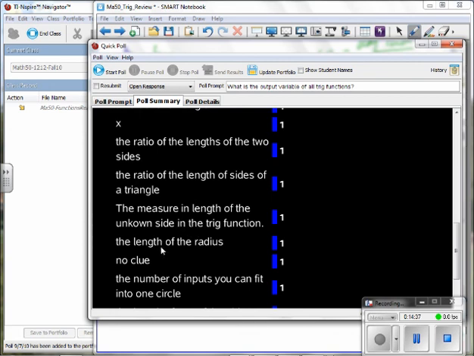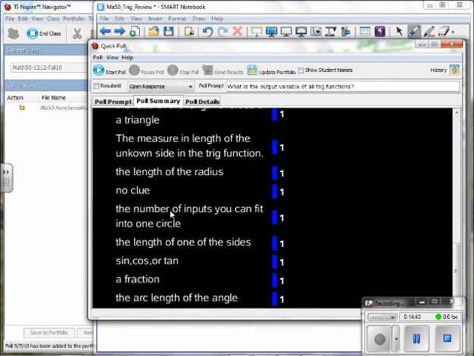The length of the radius, no clue. That's an honest one. Number of inputs you can fit into one circle, no. Length of one of the sides, no. This one is a fraction, I'll take that. It is a fraction, but let's know what the fraction is. Arc length of an angle, that is actually